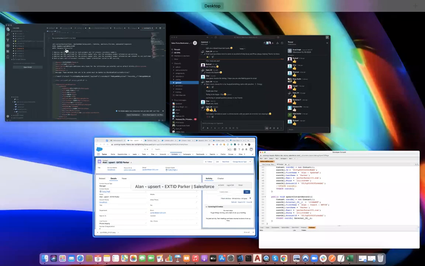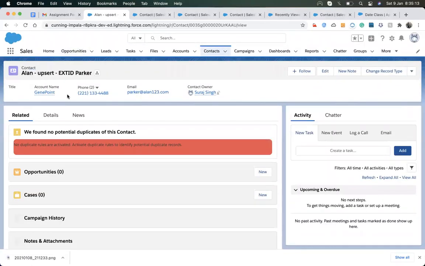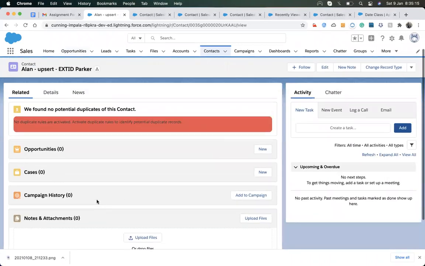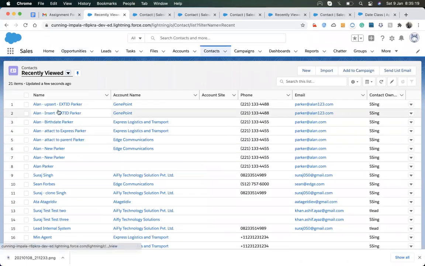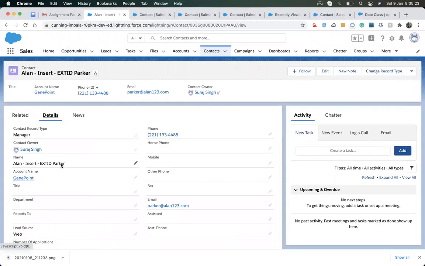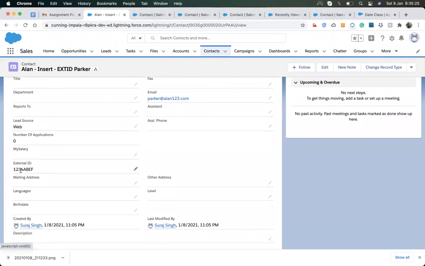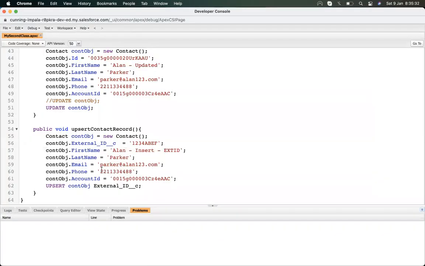When I come up here and refresh, I can see no changes happened to the existing record. It means it checked and it was not found, so it inserted a new record. You can see the new record got inserted with the same details and the new external ID field value. So on the basis of that field, we are able to insert a record.